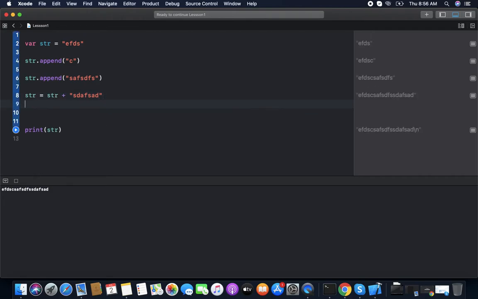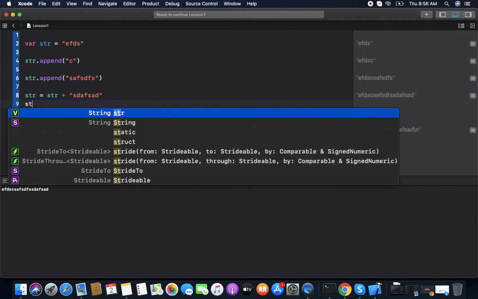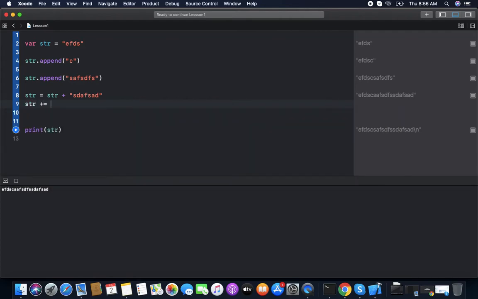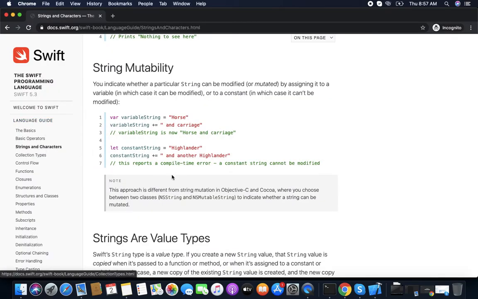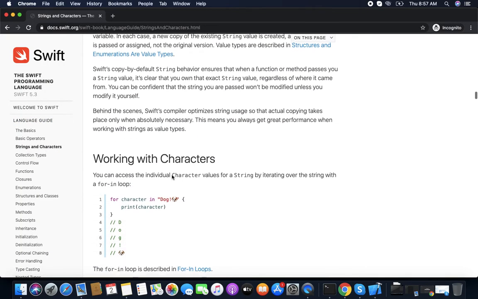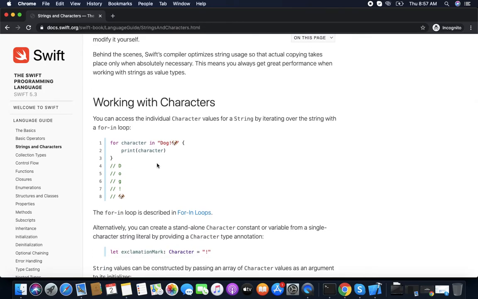We can also use the compound addition operator, str plus equal to, you can see this. To get the characters from the string, we can run a loop, which we will be learning in the for loop, or after the for loop.